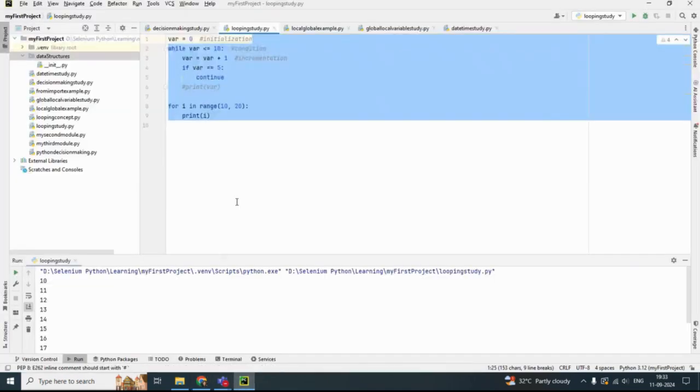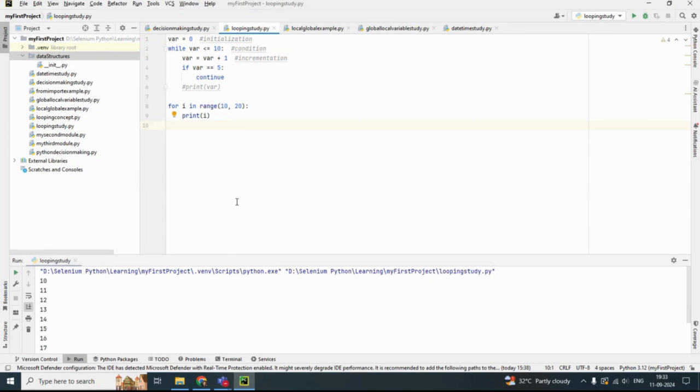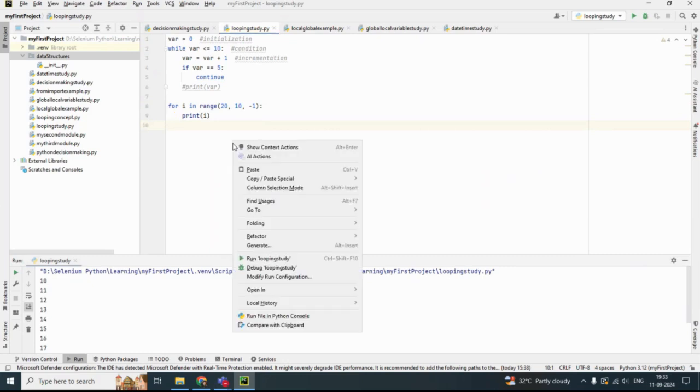Okay, so that's good. I have given you one exercise. We have to reverse the range. If we want to print from 19 to 1, then we have to start the range from 20 to 10, and pass one more argument, comma minus 1. That means it decrements by 1, going from 20 to 11, not 10. Now if I run this,